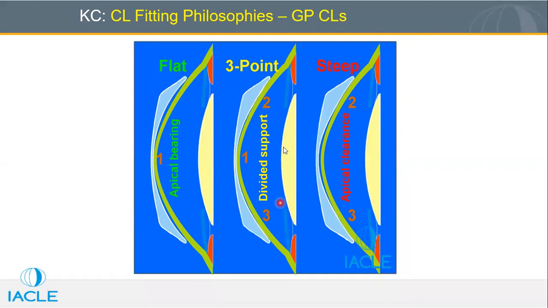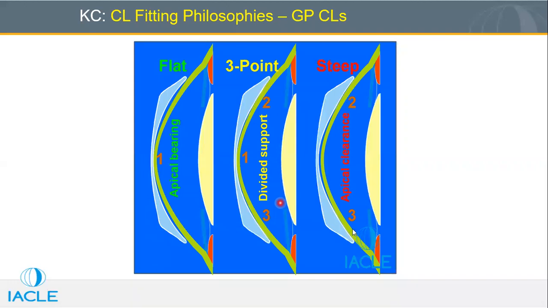So this is the 3-point touch, and this is what we call apical clearance fitting. This philosophy of contact lens fitting is called apical clearance, which is also known as steep fitting. So what we are seeing here, the lens is resting on these two places,